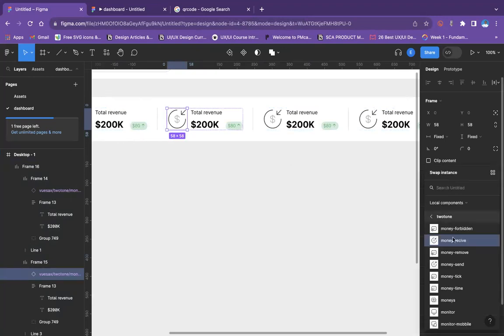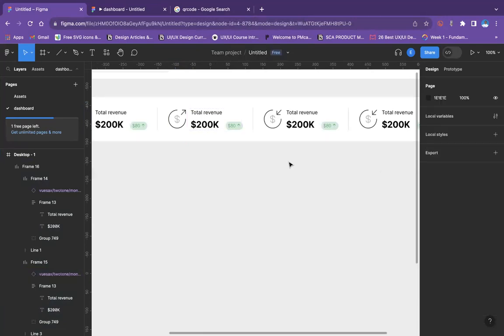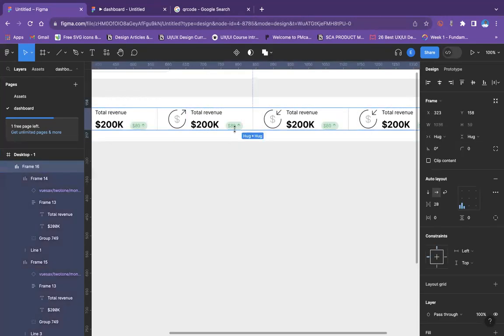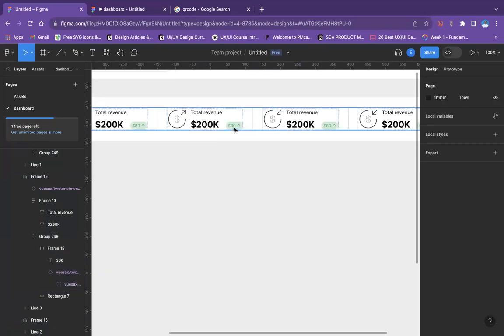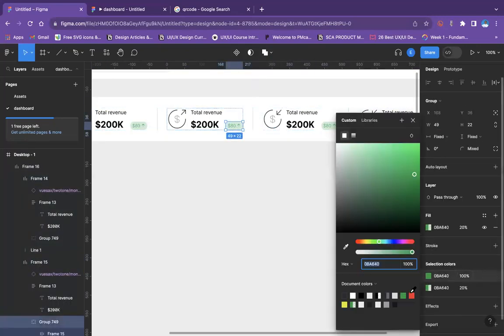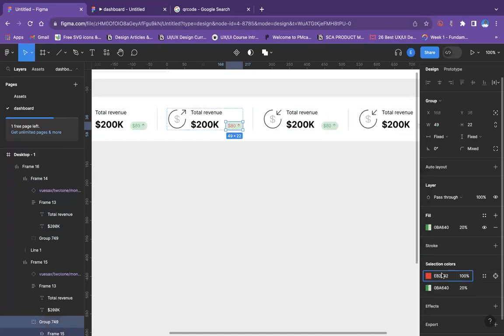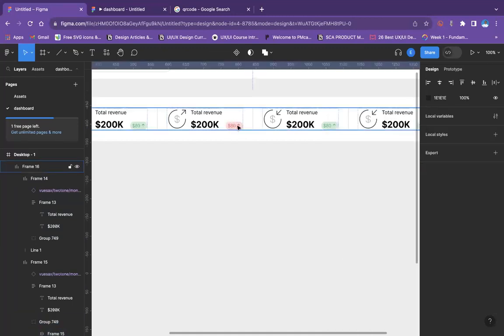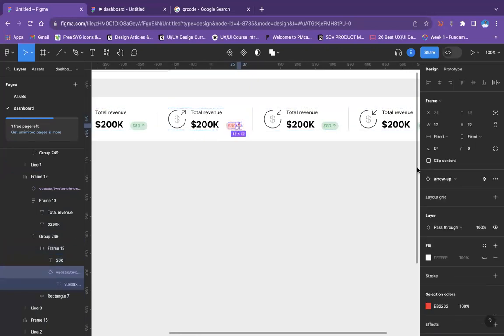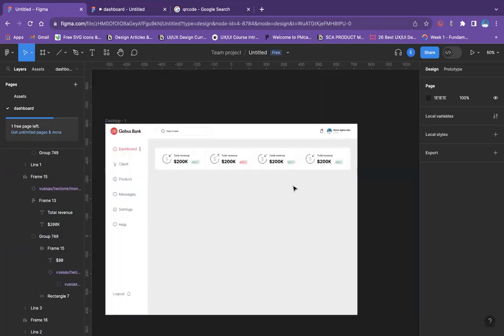This is money received. This is money sent a different way, and let's say did the thing increase or did the thing reduce. So if it reduces, I'll just look for a red and make it show that it's reduced. So I'll change this to 90. I think 90 is upside down. No, 180. Yeah. So the next one is